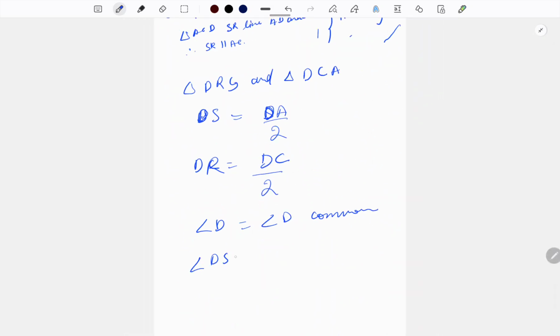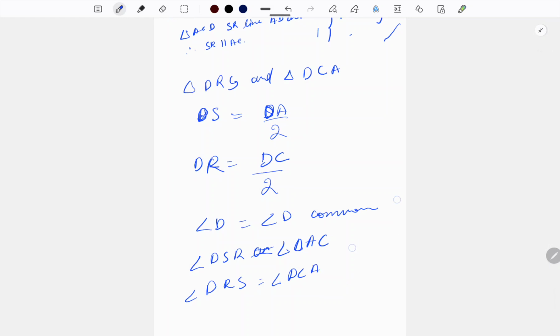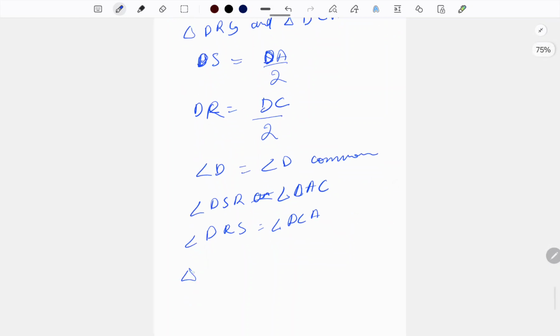Angle DSR is equal to angle DAC. Yes. Angle DRS is equal to angle DCA. Okay, so from all the three angle points of view, triangle